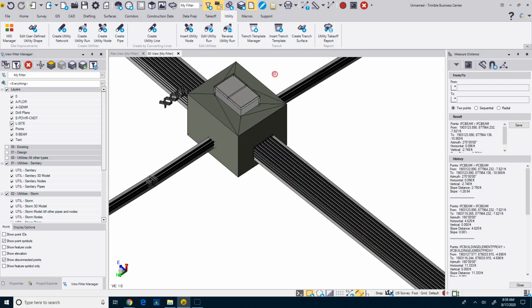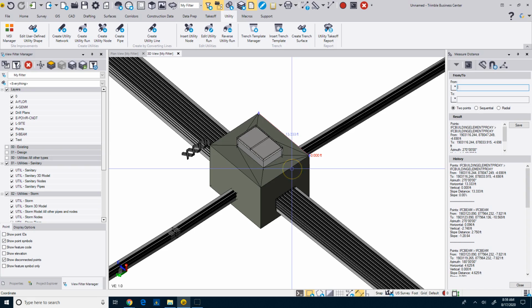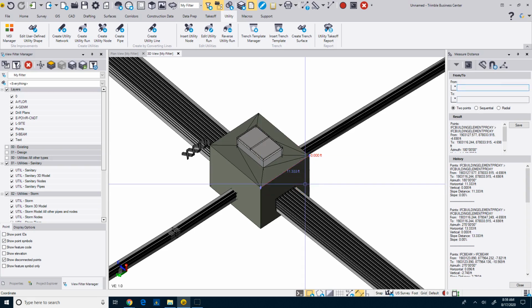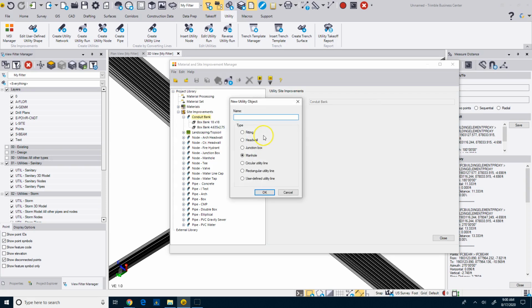And the same thing is I'm going to come in here and I'm going to measure, right? So we're going to measure the size of the structure. So it's 13.33 by 11.33. So this one, instead of a box, I'm just going to repeat this. New category, or new Conduit Bank object. And we're going to call this the vault. And maybe we do this 13 by 11. In this case, it's a junction box